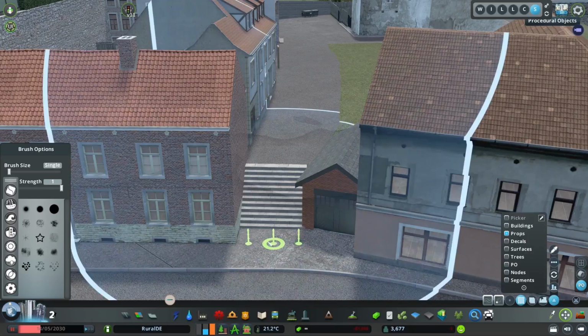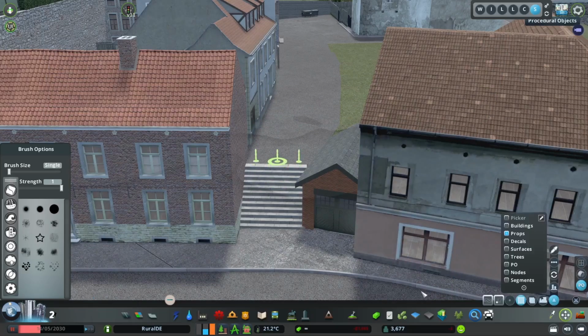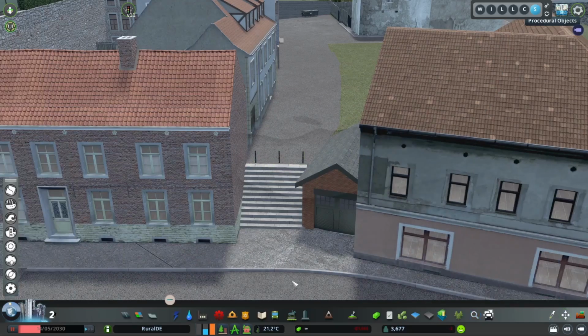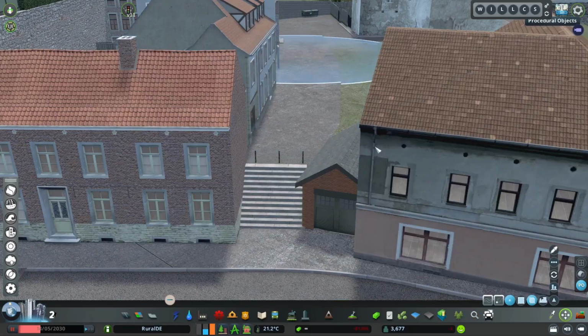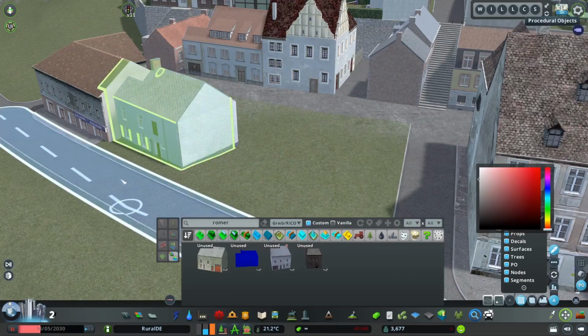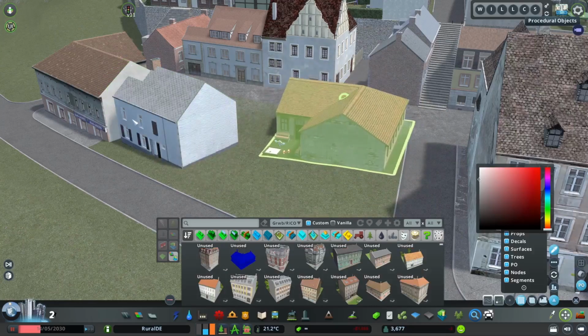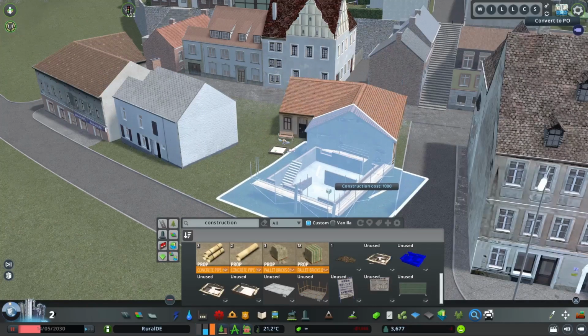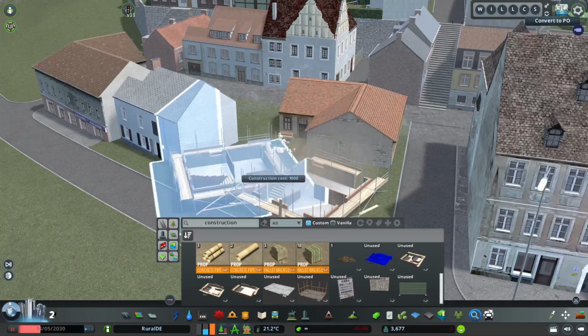To finish off this part of the build, we add some bollards on top of the stairs, mainly for cars that do have access to this path, for example if you live here, so that they don't just drive off the stairs and crash their car. Obviously we don't need any bollards on the bottom of the stairs, because I won't see a car driving up those stairs easily. I placed one more building to fill up some open space, and now it's time to build